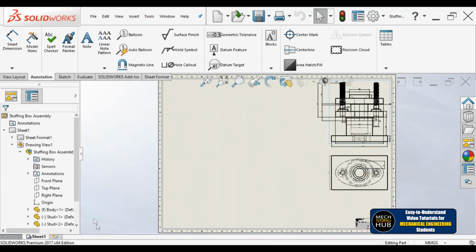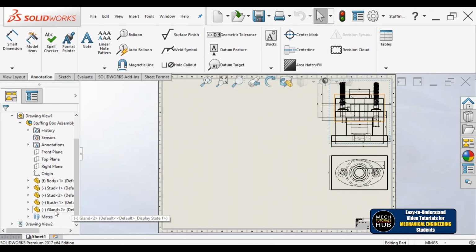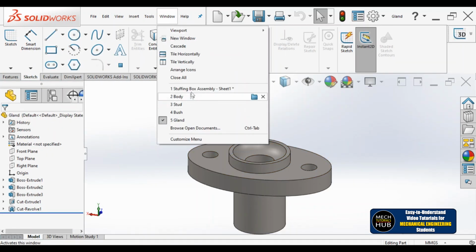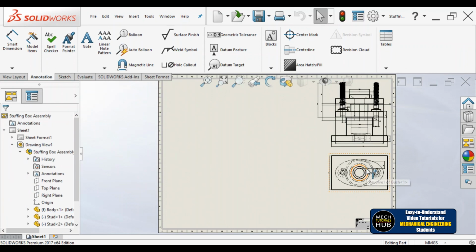Again go back to draft sheet, right click on the gland, open it, got it. All right, again I'm going back. Now I have opened all the parts, whichever are helpful to make an assembly. All the individual parts help to create an assembly.